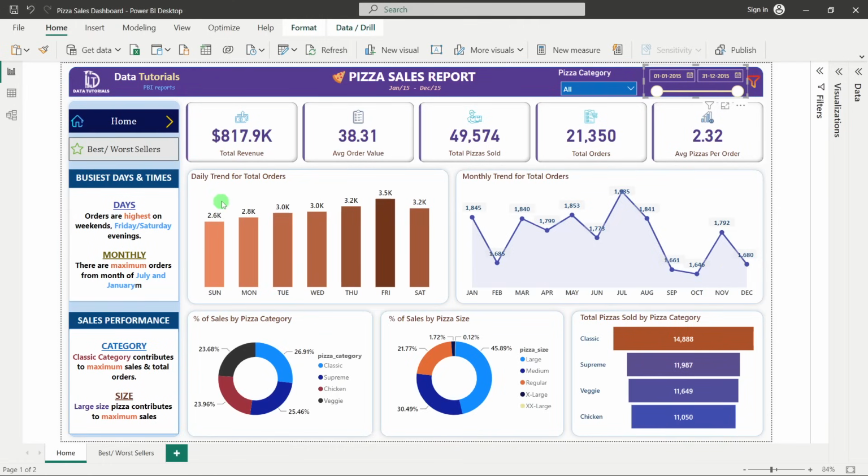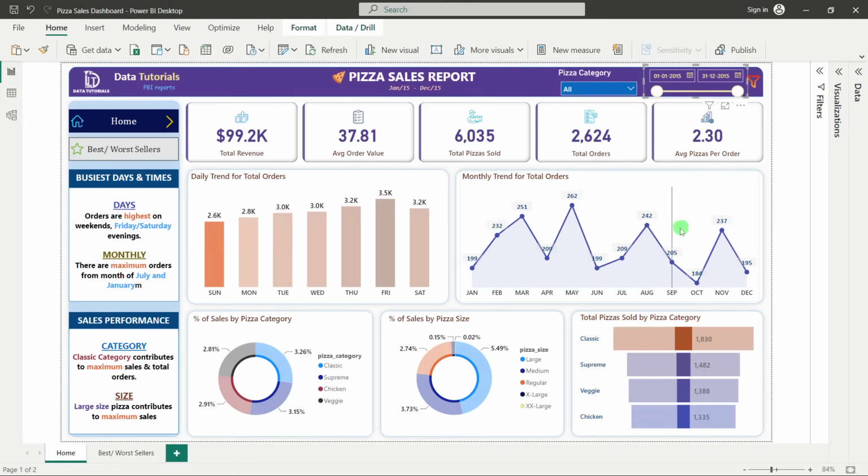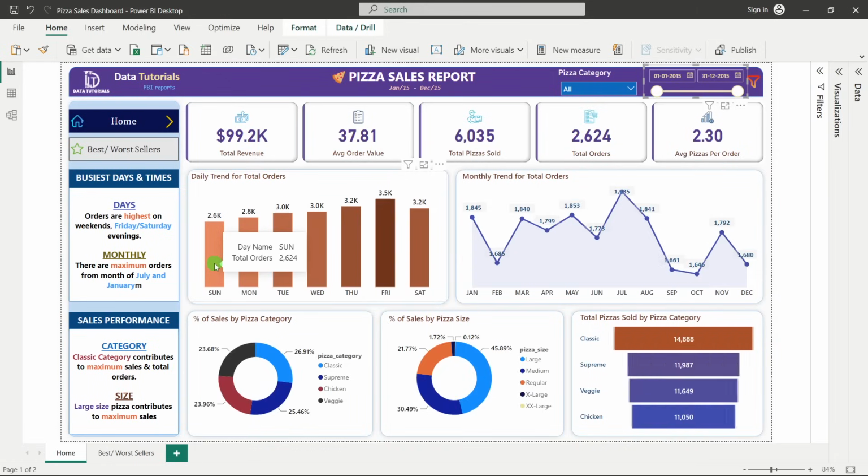So not only this, we can see on this particular filter, there are some interactive filters also. So when I click on this bar, you can see we are getting the filtration of the values of this particular dashboard, or we can say of this entire dashboard. All right. So in this way, we can go ahead and design our dashboard. So right now, you can see here these are